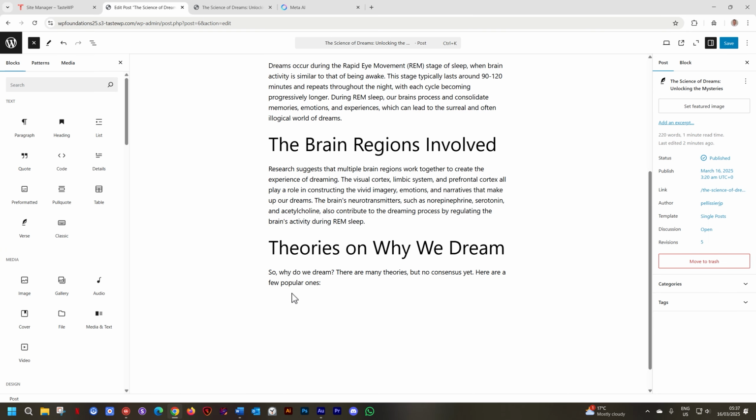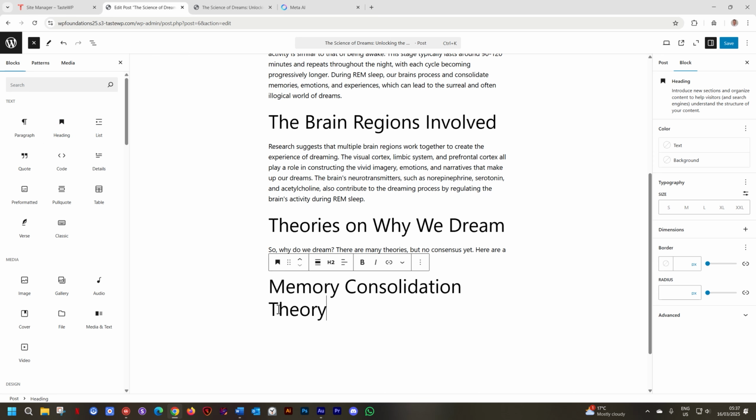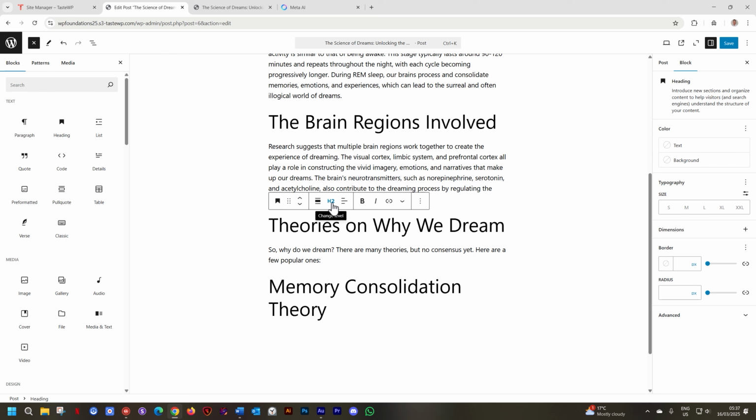Go into WordPress and we create another heading. I'll just click and it drops there and I'll paste it. But currently this doesn't look like a subheading. It's supposed to look different than the theories because it's a subheading of the theories. This is the HTML tag. When you click on theories, in the toolbar, you will see this area called H2, and it says change level as a tooltip. Click on it, and then note that there are 6 options, H1, 2, 3, 4, 5, and 6. And this is a way you structure your text, your headings, not the paragraphs, only the headings.